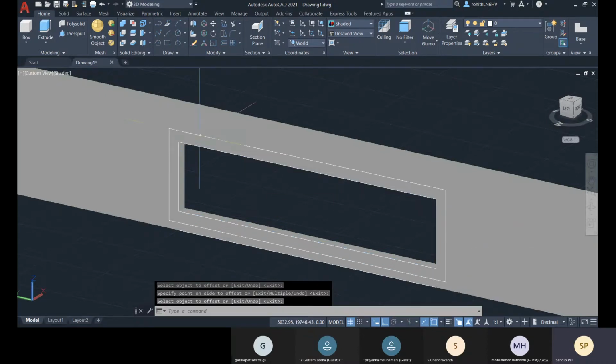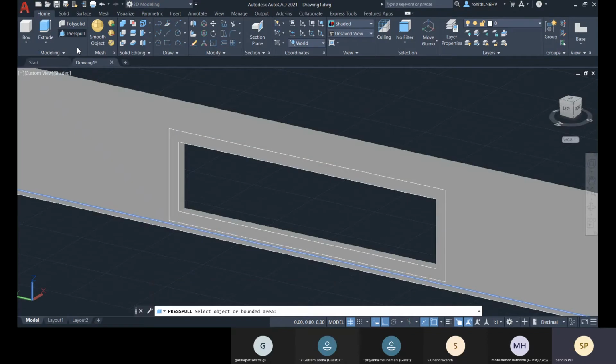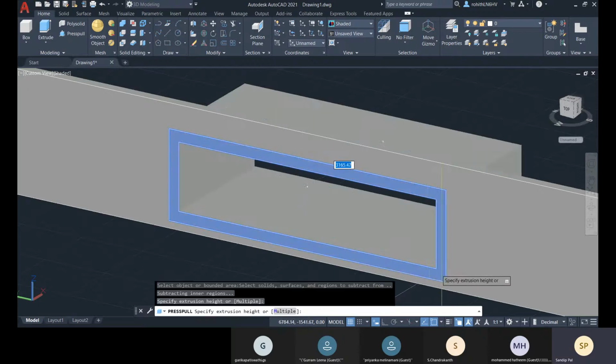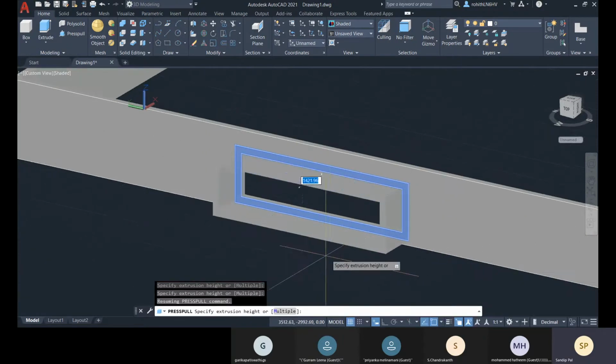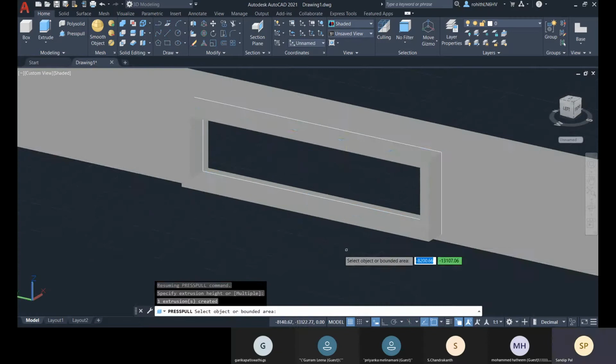Okay. And after that you can go for the press pull. So press pull allows you to create 3D, or you can increase the height of your existing 3D model or decrease the height of the 3D model. So here it helps you to identify the closed boundary. So this is the closed boundary between these two rectangles, and you select it and you can create the 3D.